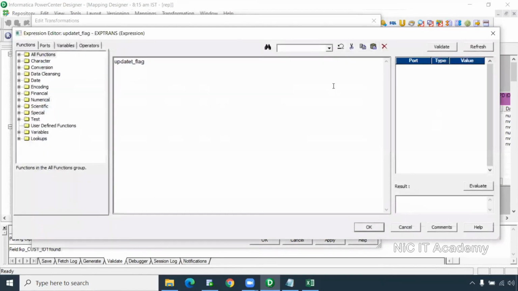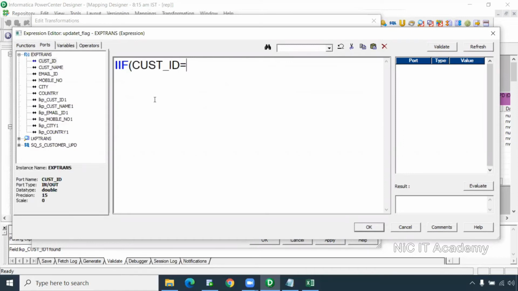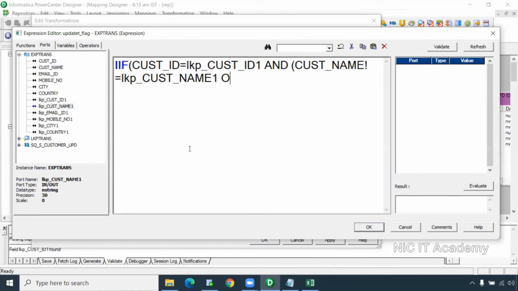Update flag. I'll go for update flag. What is this update flag? We'll go for if, the same way, if your source customer ID equals the target customer ID, both are equal, and you have to make the condition, and if any of the columns is not equal. What is that column? Customer name not equal to lookup customer name, or any one, right? Email ID not equal to this email ID, or